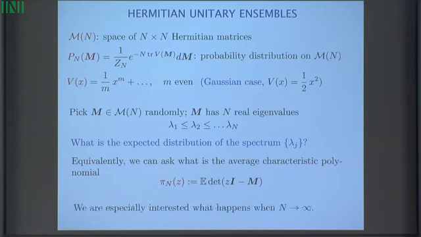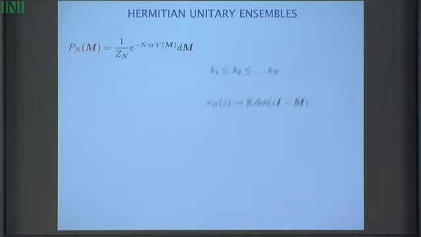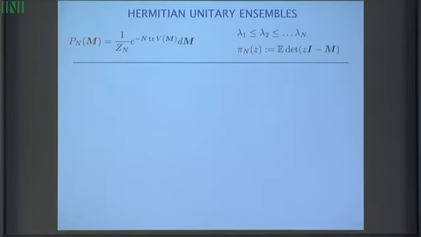Okay, so my interest is always in the asymptotic theory. When the size of the matrix grows large, we can model some physical phenomena, and I want to describe the asymptotic distribution of these eigenvalues, or equivalently the asymptotic properties of these polynomials. Let me start with explaining what happens in this case.